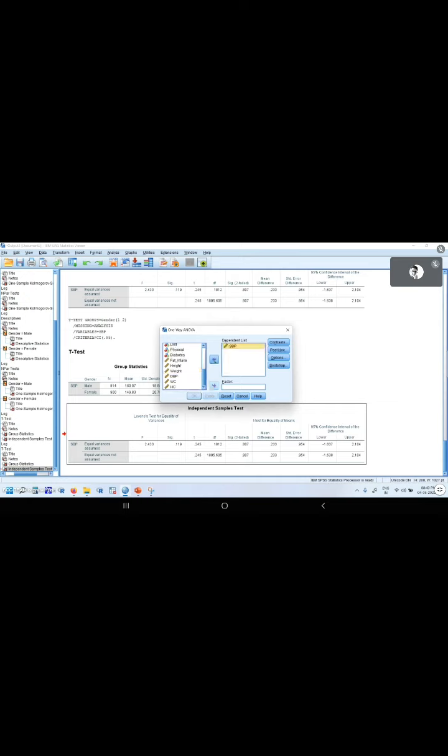Here you can select the variable SBP. The factor is actually the grouping variable. What is the grouping variable here? Alcohol, smoking, diet, physical activity reported as physical, or diabetics. Which variable should I select here? Physical. Correct, no? This is the dependent variable and here it is the grouping variable.